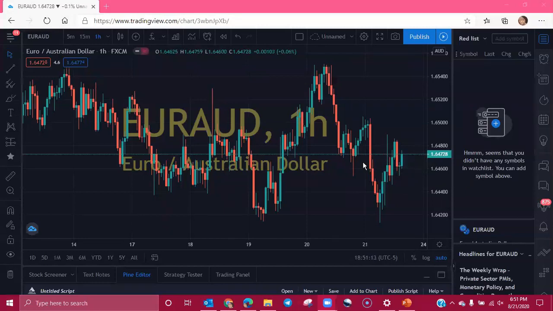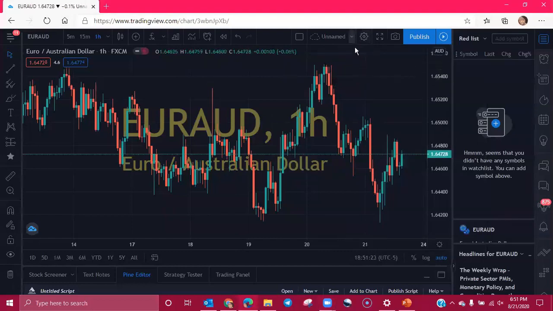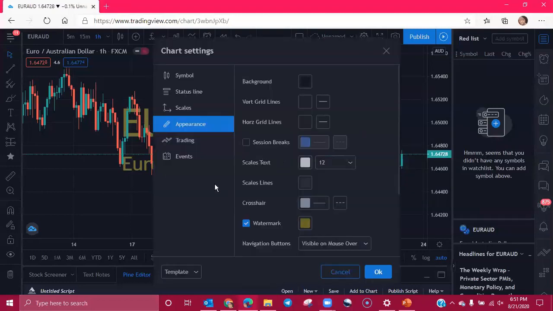Yes. Okay. All right. So your option is you can click anywhere in the blank space on this chart, right click and go down to settings, or there's a little settings wheel right here at the top of the chart, and you can click on that as well, and that will open up your chart settings. Okay. So the first place we're going to go today is the appearance screen. It's already on the appearance screen.